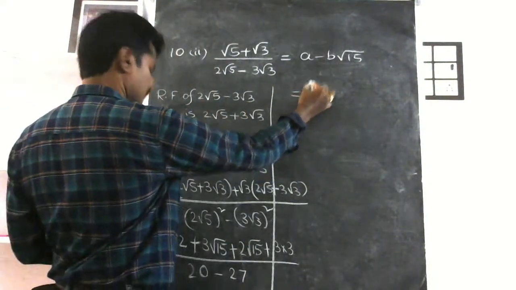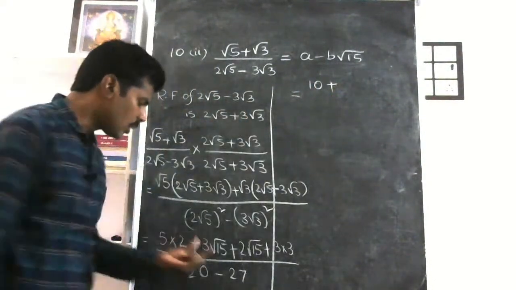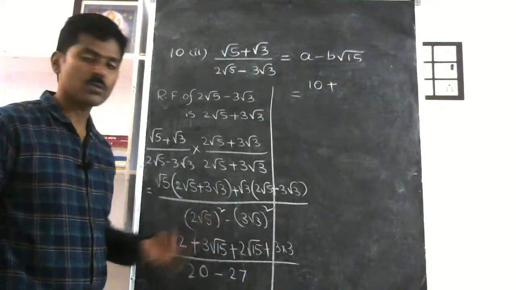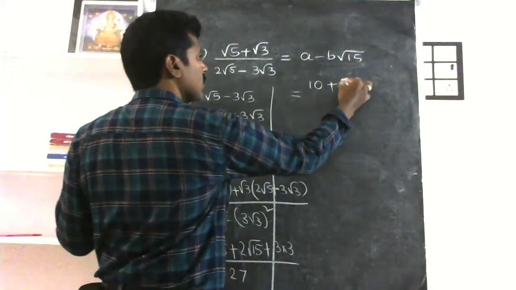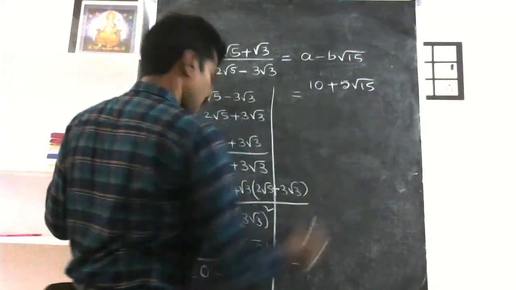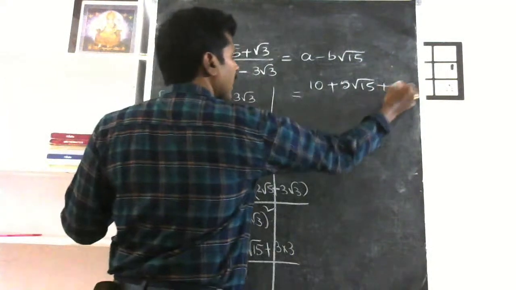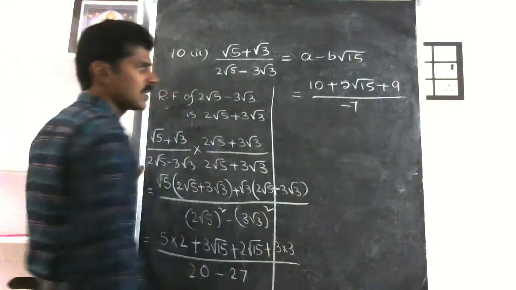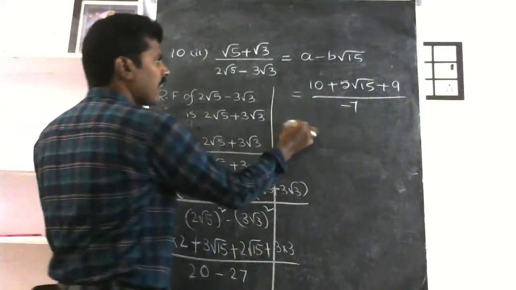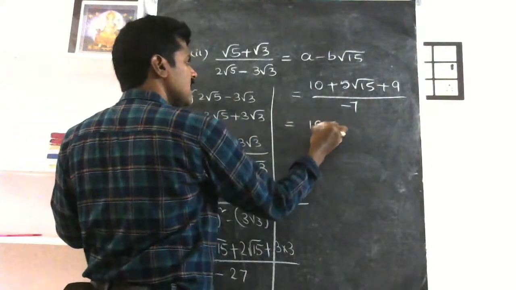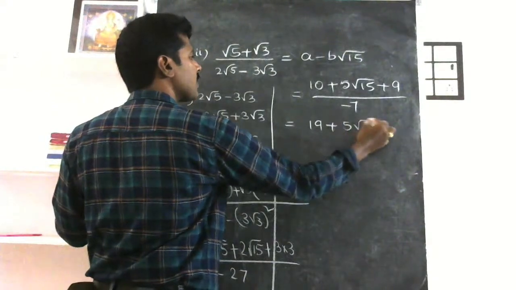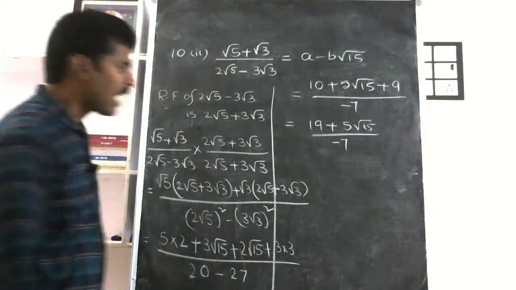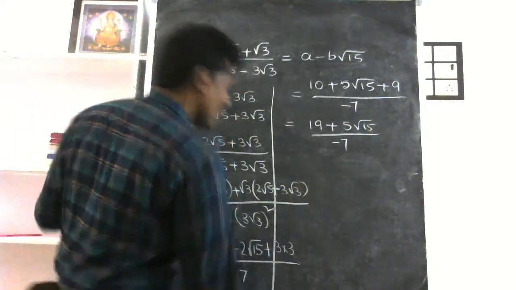equals 10 plus 3√15 plus 2√15. If you think of √15 as chocolates, 3 chocolates plus 2 chocolates, I will get 5 chocolates. So that is 5√15, plus 3 threes are 9, divided by 20 minus 27, which becomes minus 7. So finally 10 plus 9 is 19, plus 5√15, divided by minus 7. And this we have to make equal to,